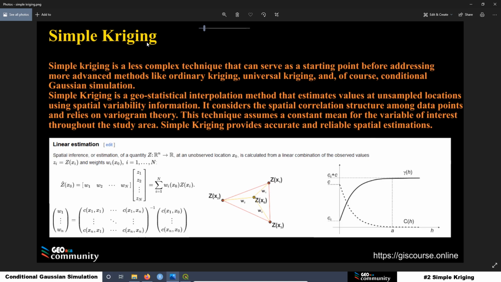Remember that in Simple Kriging, we are assuming that we have a constant mean over the entire study area. And because of that, the matrix system is the simplest one. If we are using, for example, Ordinary Kriging, the matrix system is going to be a little bit more complex. Another important thing is that when we are using conditional Gaussian simulation, one of the first steps is to calculate the weights according to this function also. Later,